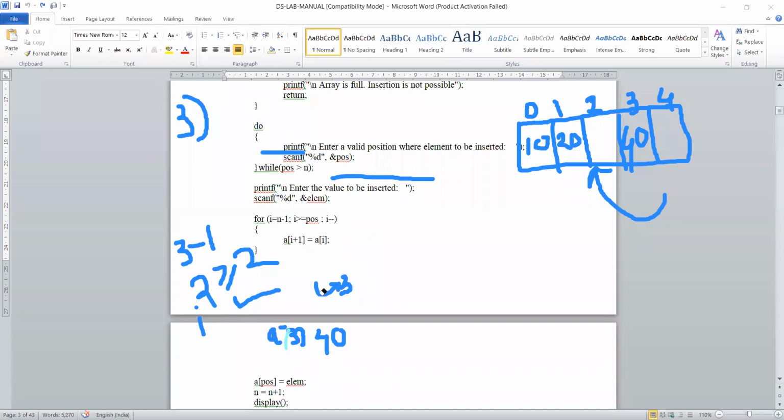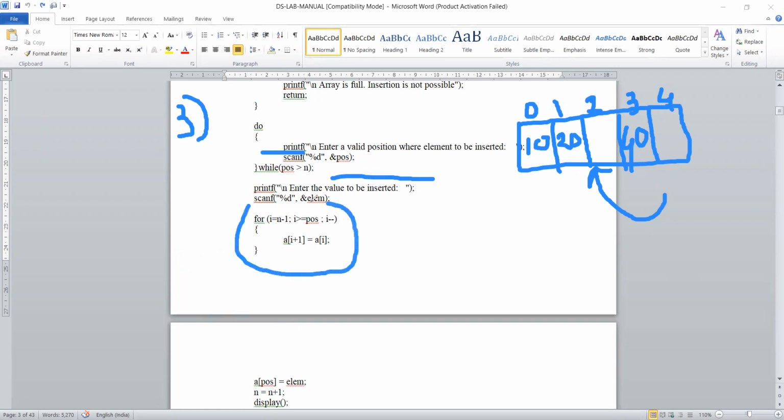What we are trying to do from this for loop is make some space for the new element to be inserted at that position. So till that position, move all the elements towards the right side. Here 20 and 40, just move them to the right side.